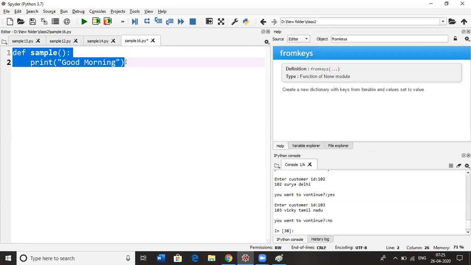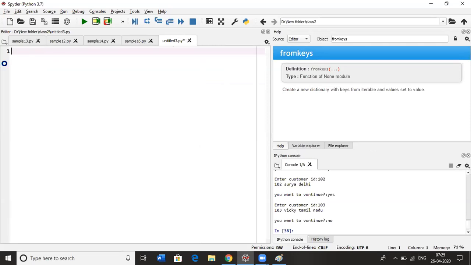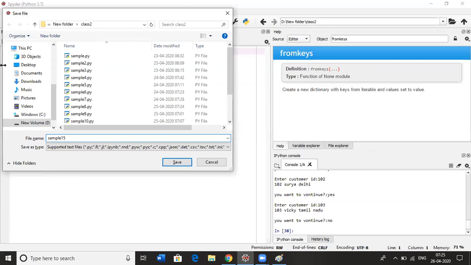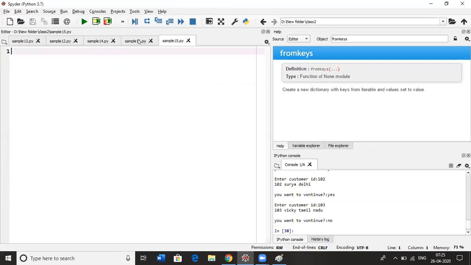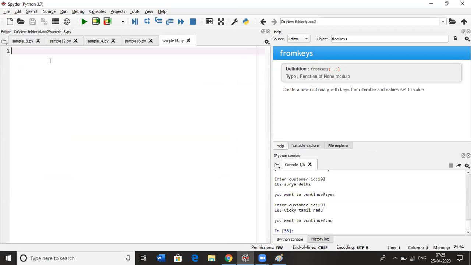I'm writing the function in sample 16. Mostly sample 15 here. I'm creating a new file here, and I'm going to use this function inside this program.